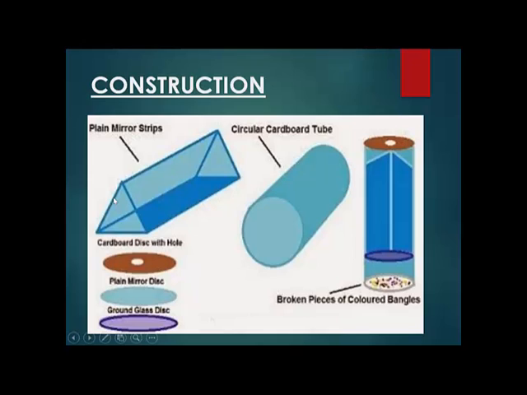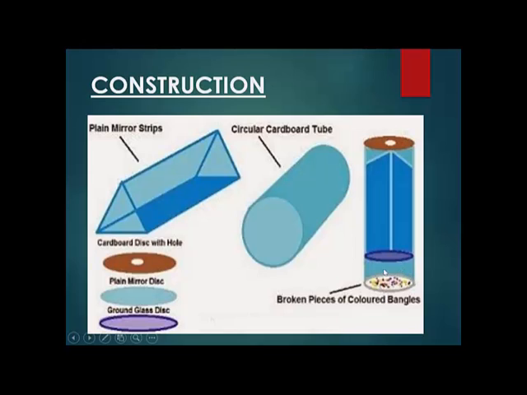When you place these 3 mirrors in the form of a triangle like this, suppose you put anything inside, what will happen? You will see multiple images again. You have to place these 3 mirrors in such a way that it is an equilateral triangle. Then this entire prism, you have to put inside a circular tube like this. This is a cylinder, as you can see. You have to put these 3 mirrors like this inside the tube. Now the other end you have to close.